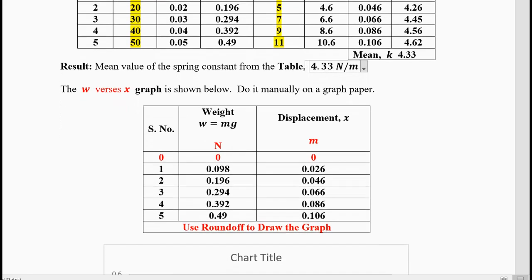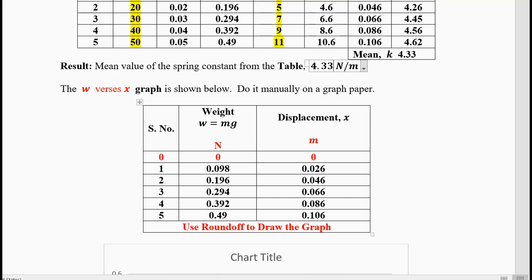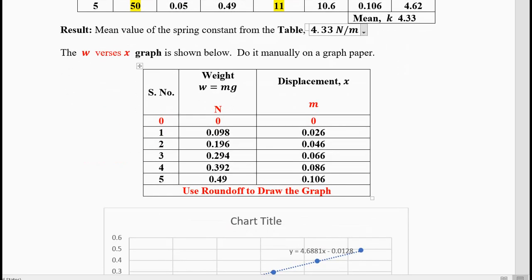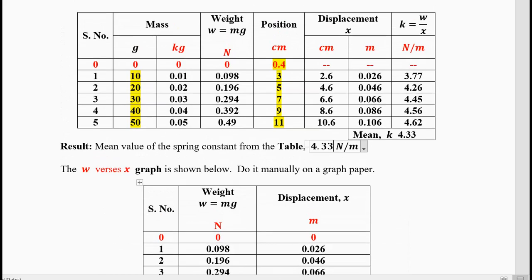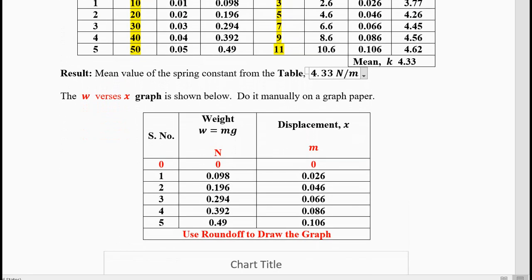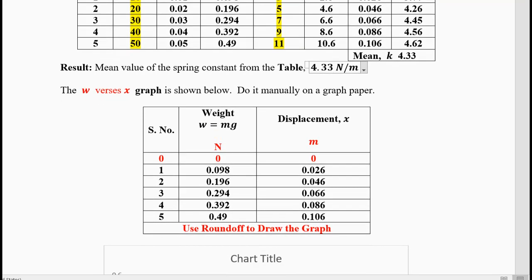Yes. Now do a graph manually on a graph paper. Your 0, 0 is your first point. You need 2 columns from here. One is the weight column and one is the displacement in meters. Now put these 2 columns, or you can just circle them and color them and use it from the big table, but do it very carefully. Do not use a wrong column for the graph. It will be totally wrong.